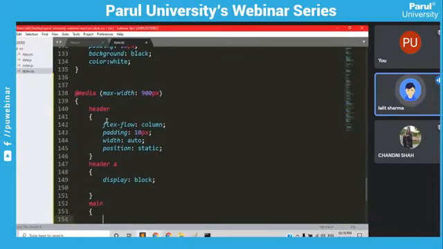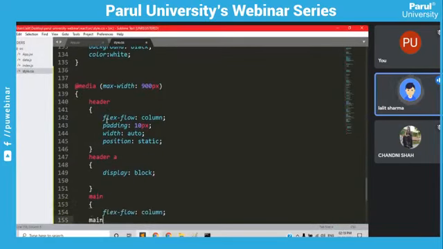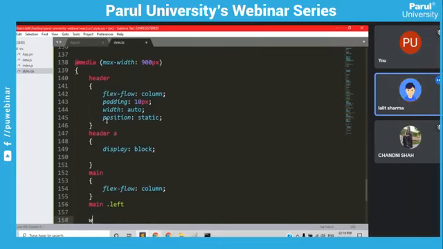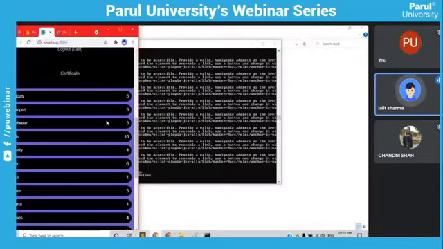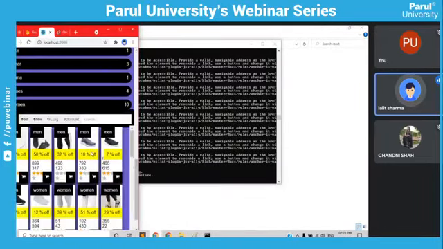So main would have flex flow column also. The left is going to be of auto, and right also to have a width of auto. So instead of making them in one line, it would make them in next line. So obviously that